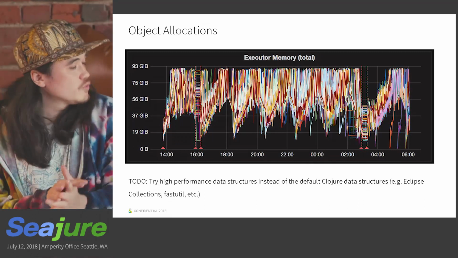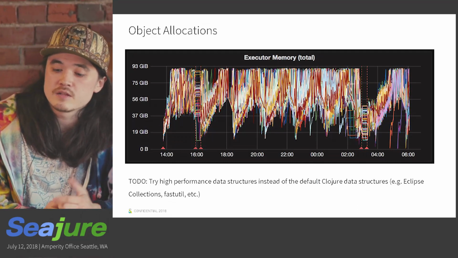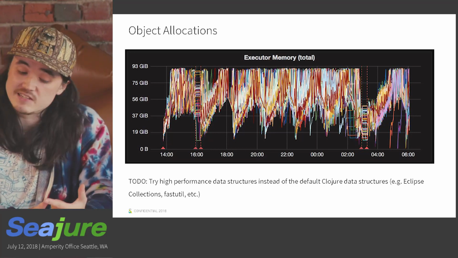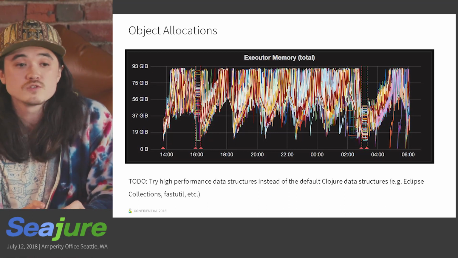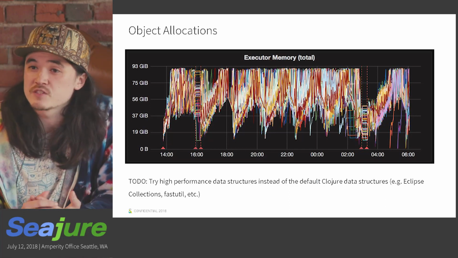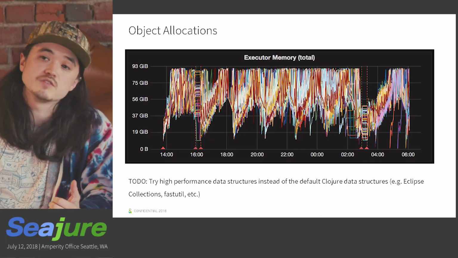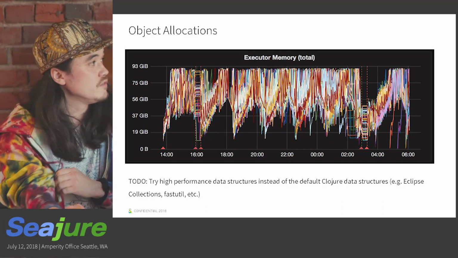And we have an assertion that is unproven at this point that high-level data structures, like, for example, a persistent hash map, which is fantastic to program with and makes it really easy to create immutable solutions to problems, has a bunch of performance characteristics that are really unappealing once you get to the point of allocating hundreds of millions of them in parallel on the same JVM.